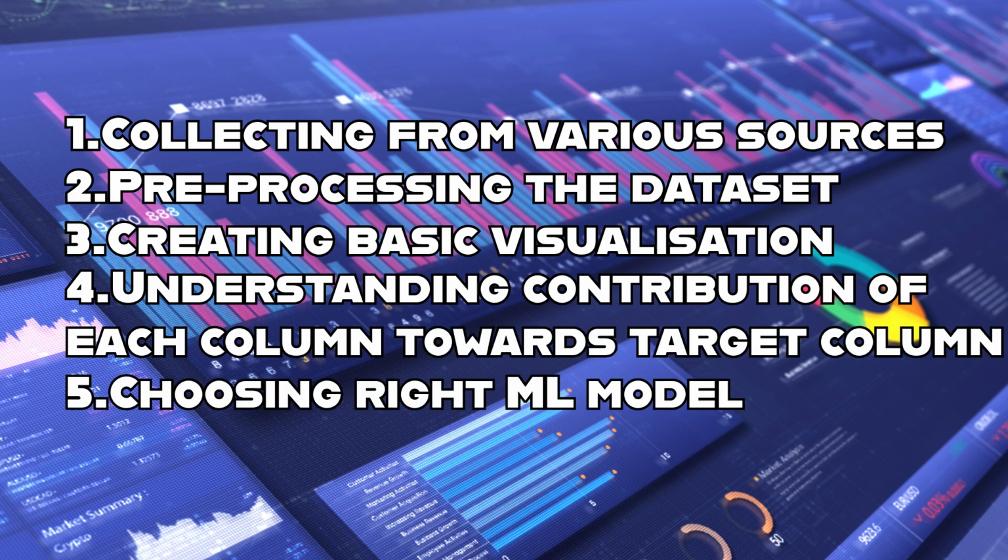And the fifth step, we should figure out which machine learning algorithm will be appropriate for this kind of data. This is the most important step. In most of the cases, we'll use trial and error method to figure out which machine learning algorithm is appropriate for the data that we have in hand. By evaluating the machine learning model that we have chosen with the percentage of accuracy, the next step, sixth step,